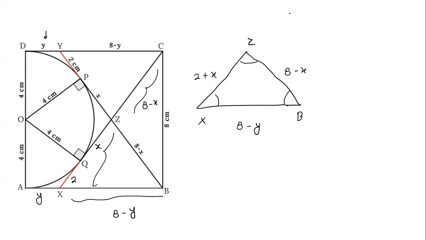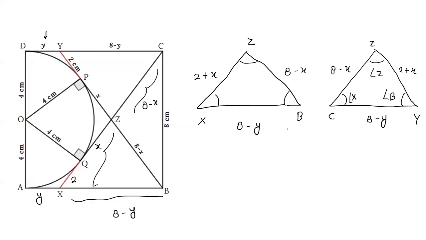And if I draw another triangle, which is this z, c and y. So this is z point, this is c point, and this is y point. And let's say this angle is x. So we know this angle is also x. So at the point C, the angle is forming as x. And the opposite side of the angle x is 8 minus x, and here the opposite side is 2 plus x. So the C angle opposite side is this 2 plus x.